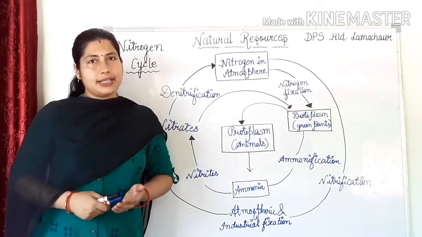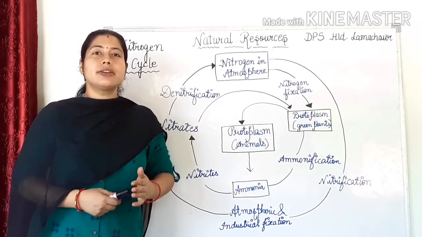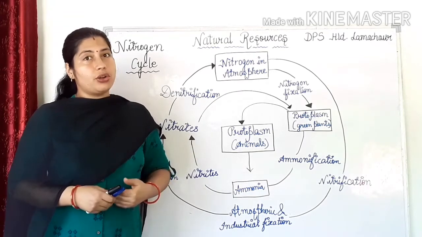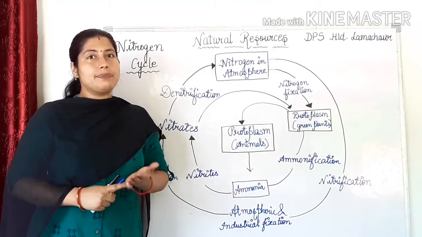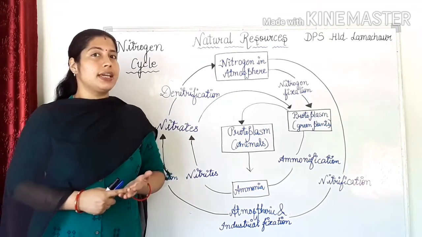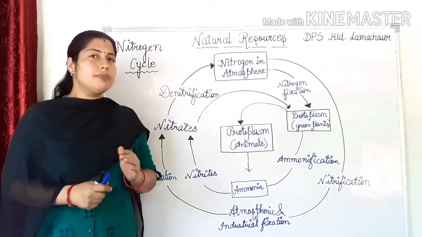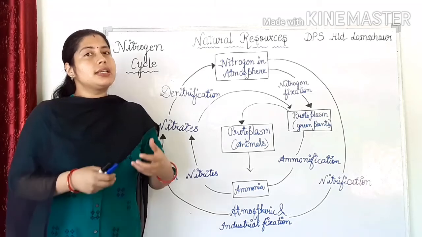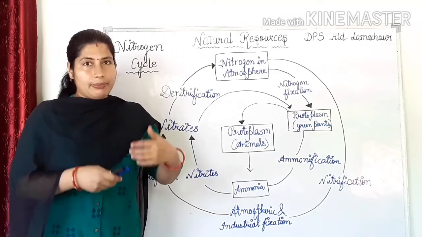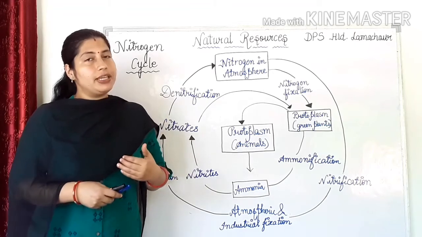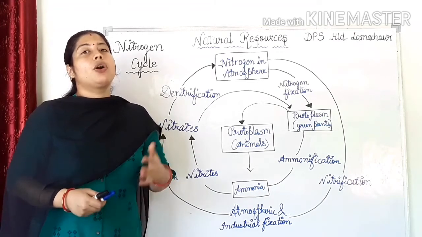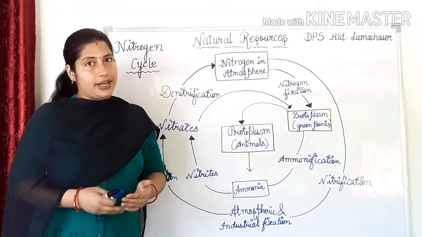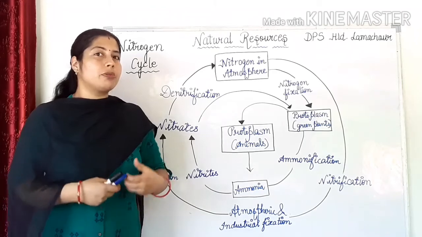Nitrogen, we have already studied, is present in the air at 78%. And nitrogen is present in all living organisms in the form of protein, enzymes and nucleic acids like DNA and RNA. But neither animals nor plants can use this nitrogen directly. We, including human beings and all animals, are dependent on plants for nitrogen, because nitrogen is first converted into nitrates, and these nitrates are absorbed by plants.